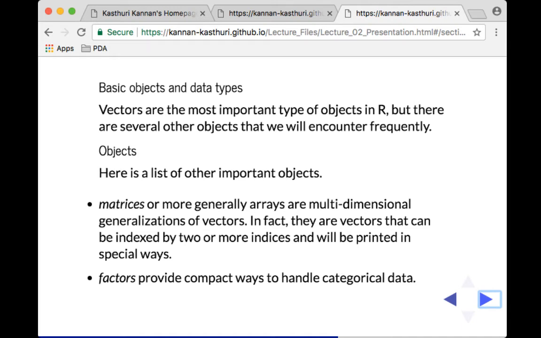Basic objects and data types. So far we have seen vectors, right? So these are the basic objects and data types, the vector. Okay, let me go to matrices. Matrices are just vectors, two-dimensional vectors, right? You have rows and columns, but they are similar to vectors in the sense that matrices